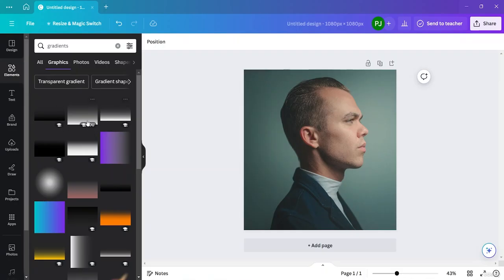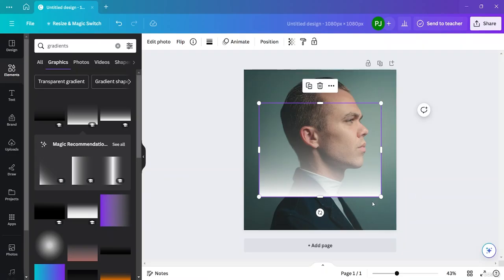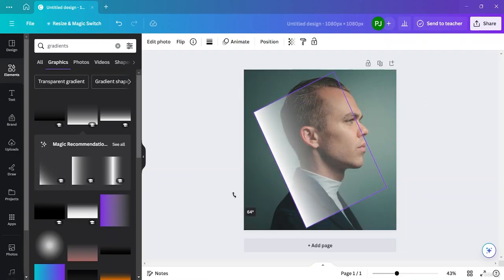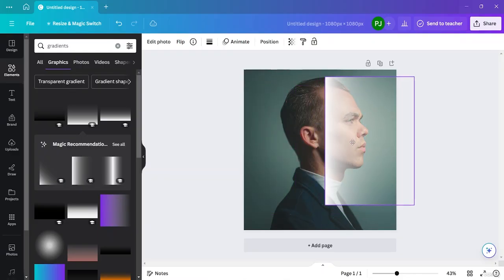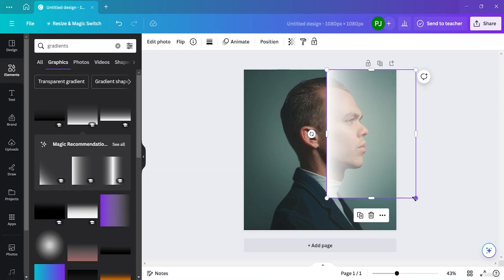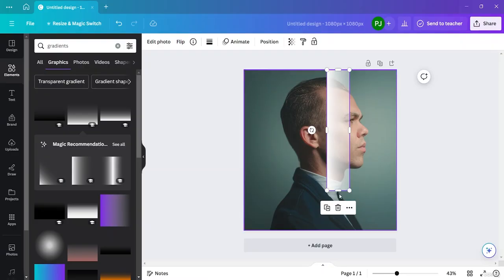Okay, so let's basically take this one, and now what I'm going to do is give this a rotation. I will give this a 90-degree rotation. Let's come here in the center, and I will place it right over here. If you want to decrease the size, you guys can come here and decrease the size from here. Okay, so if you want to increase the size from here on top,